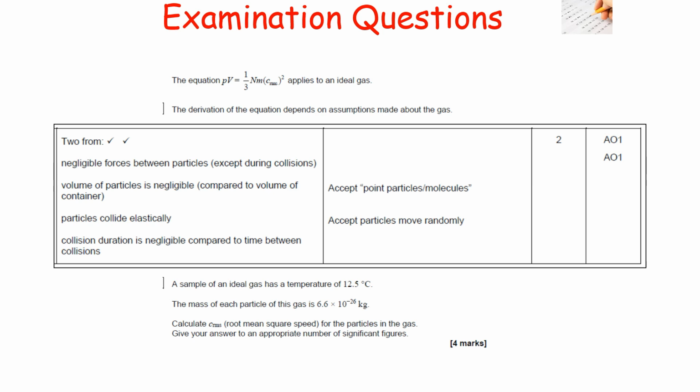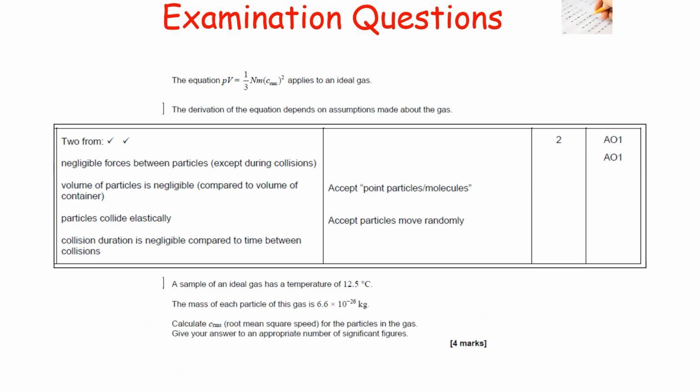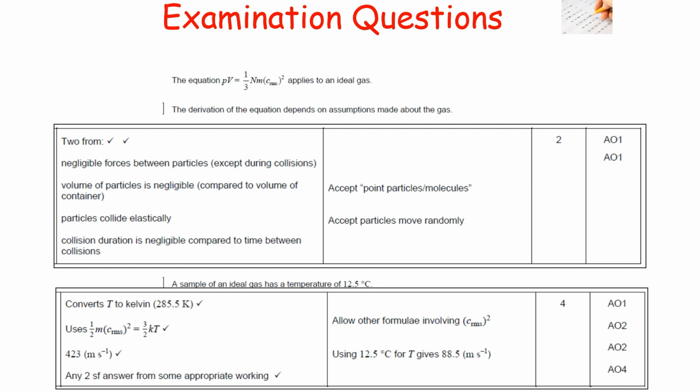Now the next one is we need to work out the c RMS. So what I would do is look in the back of my equation book and I'll see I've got an equation which says a half m c squared is equal to 3 over 2 kT. Now from the information we've been given in the question, we've got m, because that's the half m c RMS squared. m is the mass of one particle, so we can use that mass in our equation. We've got a temperature for 3 over 2 kT. Now again, k is a constant, so that's just a value. Now T has to be in Kelvin, so we change 12.5 degrees Celsius into Kelvin. We then pop the numbers into the equation, rearrange for c RMS, and we get our answer out to be 423